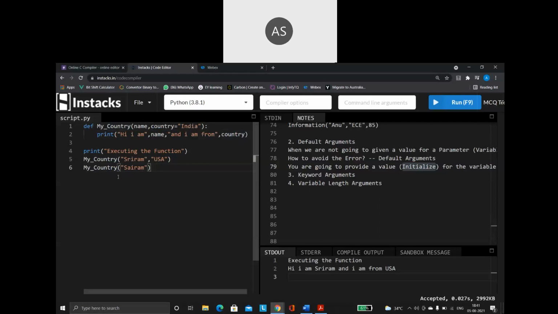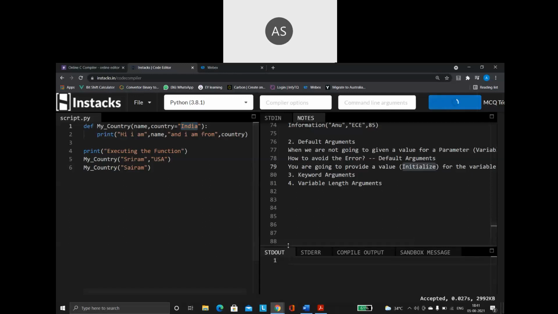So always remember, when you are going to call this function, if you are providing a value for the second parameter, then whatever value you are giving here is going to replace this value. And in case you are not providing any value, then the default value will take place.